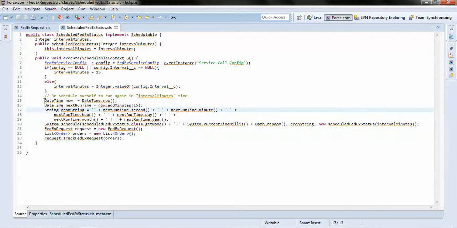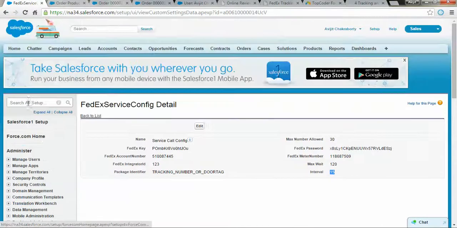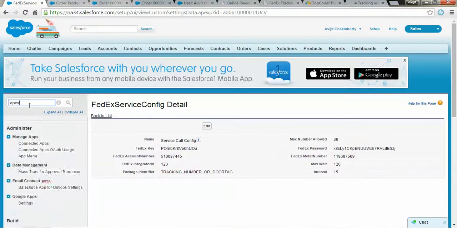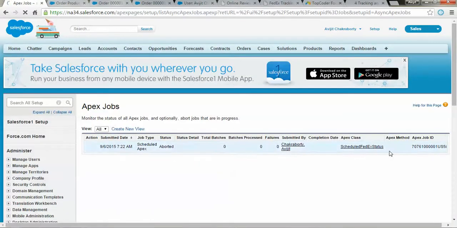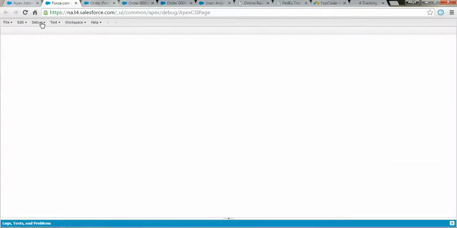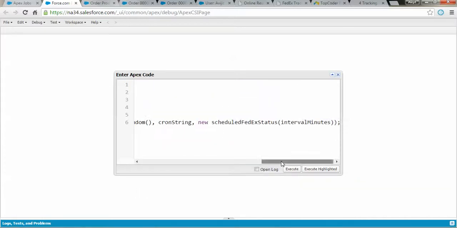Now if I copy this, and go to Apex jobs, see, there is no Apex job running. If I go to developer console, debug, then execute anonymous window, paste, I'll give it as 1.